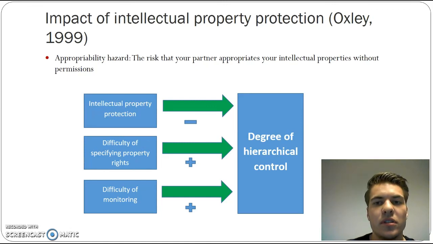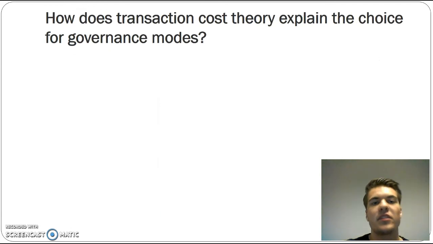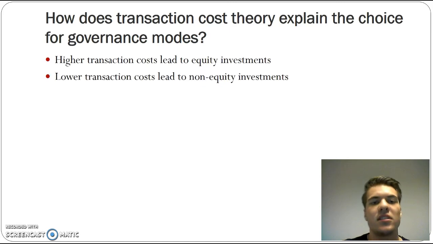Now I will continue to the conclusion and also the answer for the central question. The central question was, how does transaction cost theory explain the choice for governance mode, and then equity or non-equity alliances? So our answer is that higher transaction costs lead to equity investment. So like we already explained, if you have to monitor or control all the time, this brings a lot of transaction costs, and therefore firms are more likely to do equity investments so they can work more closely with their allies, and